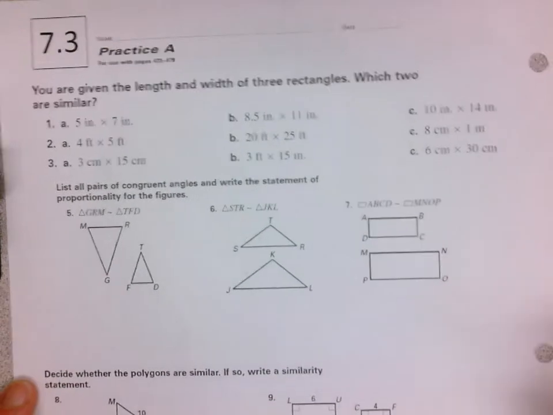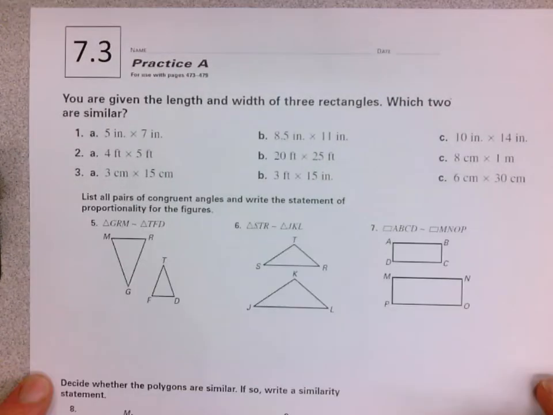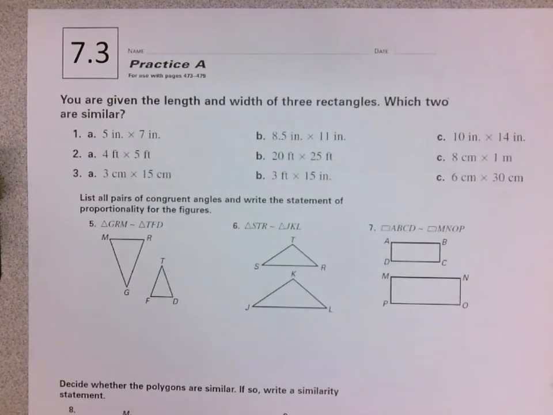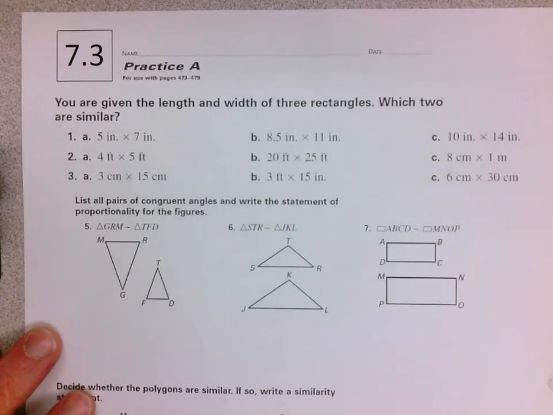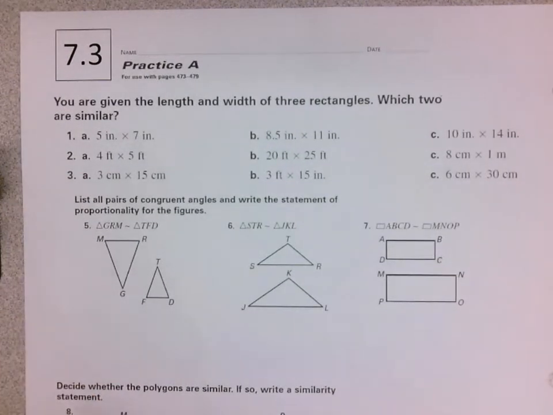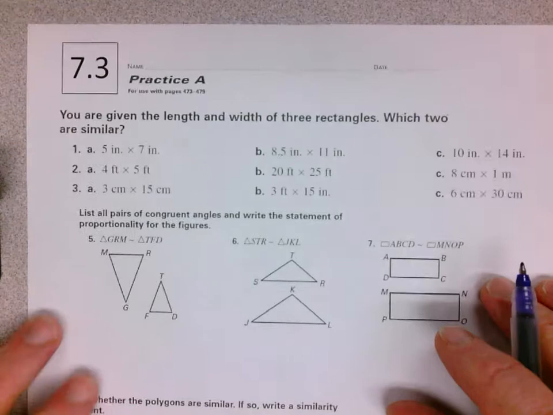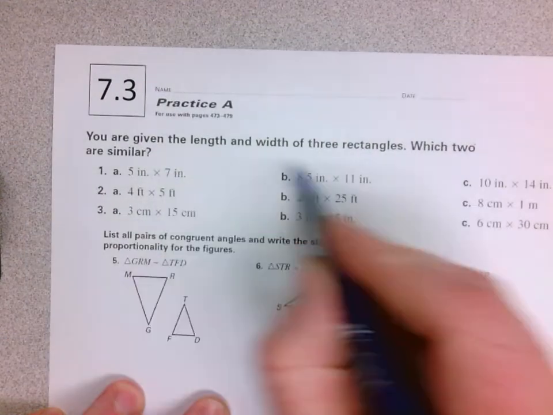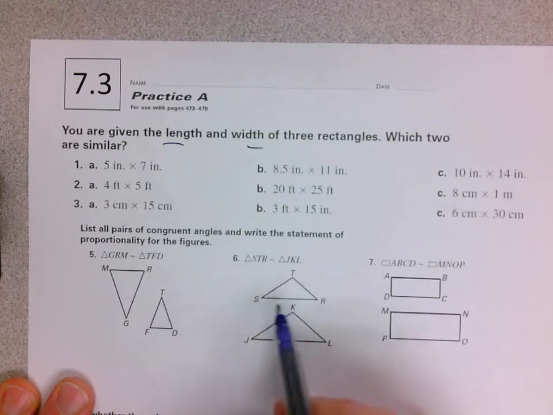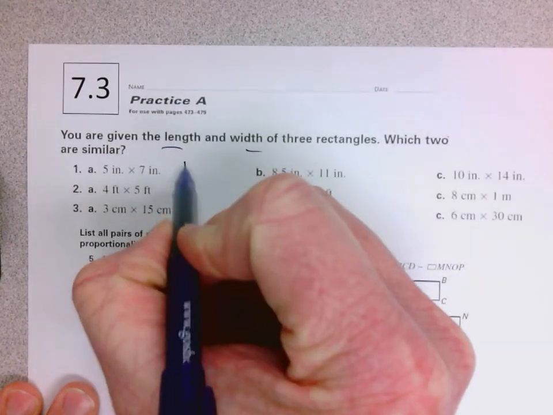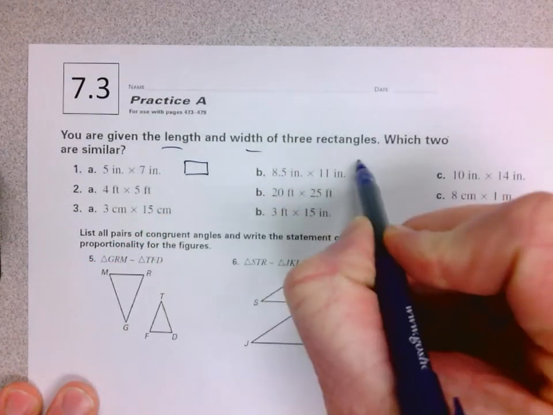Help you a little bit with 7.3, some of the problems that we did for homework. I'm going to start on this side because I think the other side was pretty straightforward, other than a few missing measurements maybe that were trying to be confusing. So we're looking at this, and it says you're given the length and width of three rectangles, which two are similar. If this is confusing to you, then just make three rectangles, and I think pretty quickly you'll see what